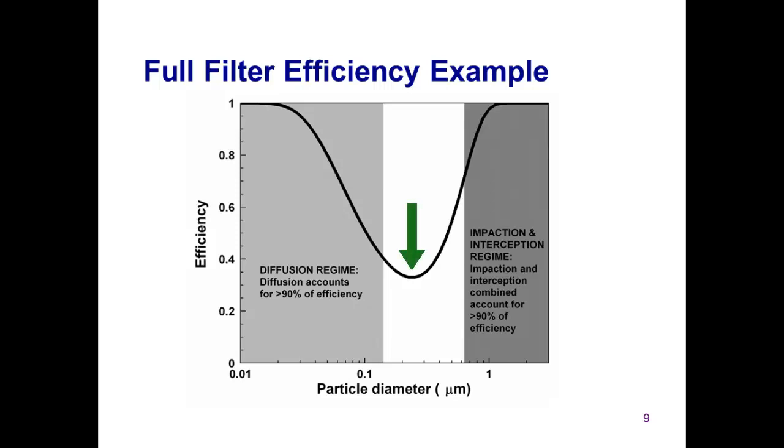We see a minimum efficiency for this filter similar to what we saw for the single fiber, with a region of higher efficiency for larger particles due to impaction and interception, and another region of higher efficiency for small particles due to diffusion. One of the misconceptions about filtration is that filters act like sieves, allowing the smallest particles to